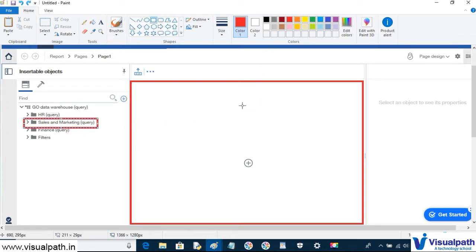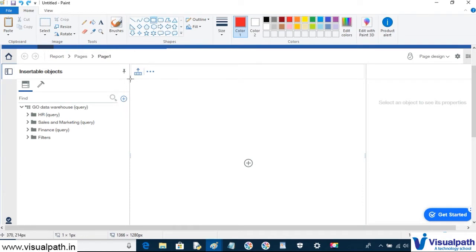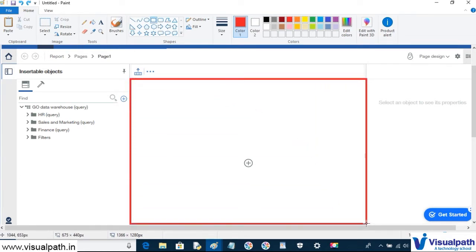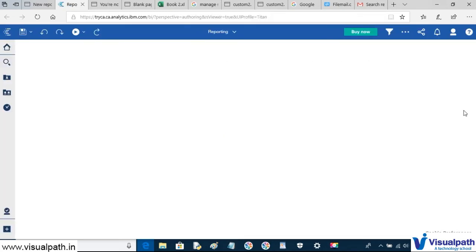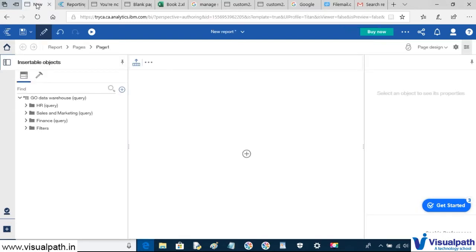Now our requirement is to create a header and footer for this page. As you notice here, we don't have any header and footer in this portion, so if we execute this report, we are not going to get anything. For example, let's execute it. Click on HTML. If you see, we have got a blank screen, nothing is there. So first of all, we need to create a header and footer here.